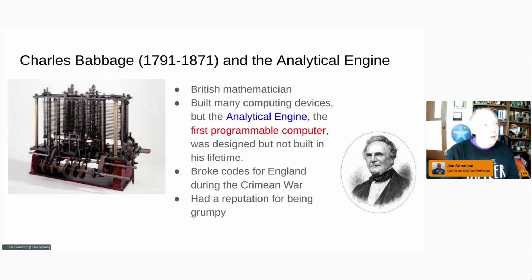He built a lot of different calculating devices, and he got money from the British government to do this. One of the problems was that he was grumpy, so people didn't necessarily enjoy working with him, but he was also brilliant. He would start to build a new calculating machine, and as he was building it, he would get ideas for how to improve it and build a better one, and then he would give up on that one and start the new one. The people who gave him money weren't real happy with this. And so by the time he had figured out how to build the analytical engine, which was a programmable computer, they were tired of him.